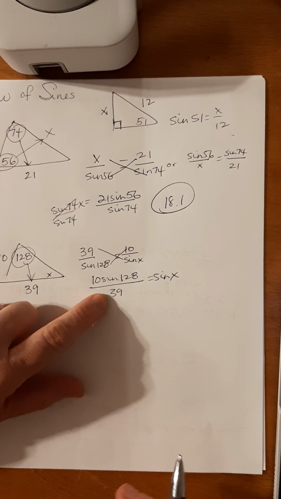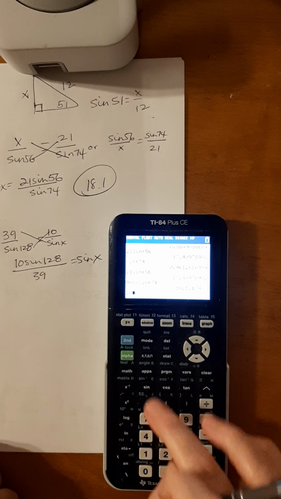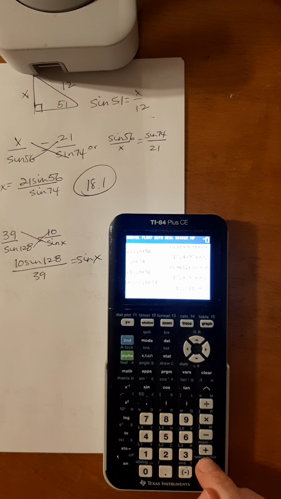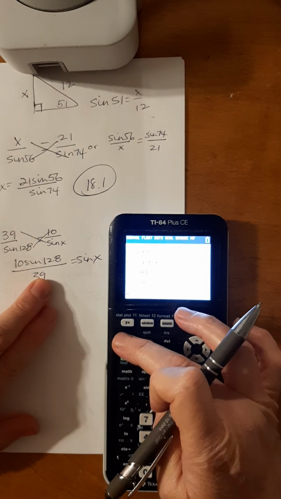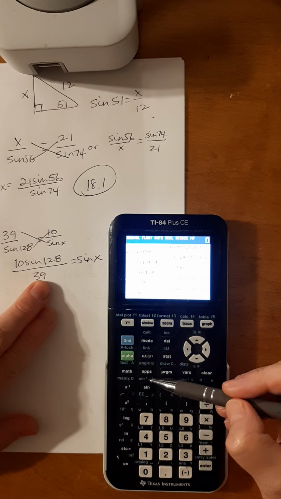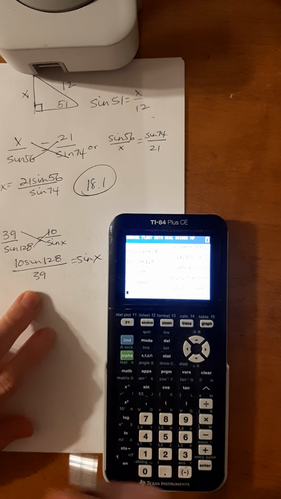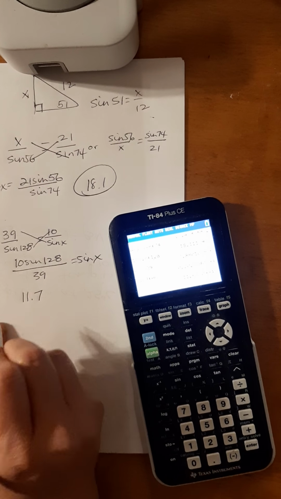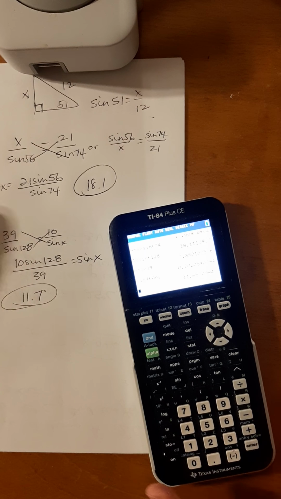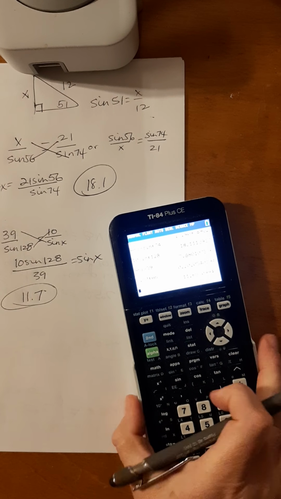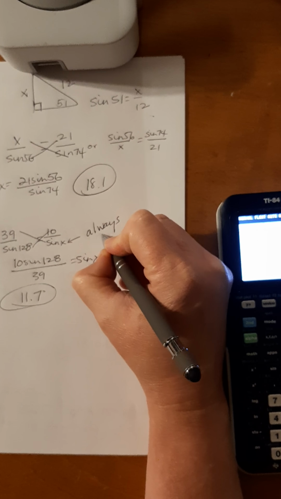So once you get this, you're going to have to do second sine, or shift sine. So 10 sine of 128 divided by 39 equals, and I do second sine, because see the little negative one up there, that means inverse. Second answer equals 11.7 degrees. It was small, but it was there. So if you're looking for the angle, it's a little bit more tedious, but if you're looking for the angle, you're always